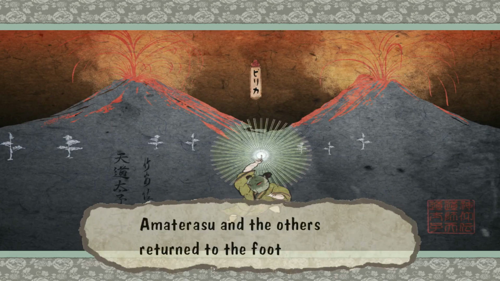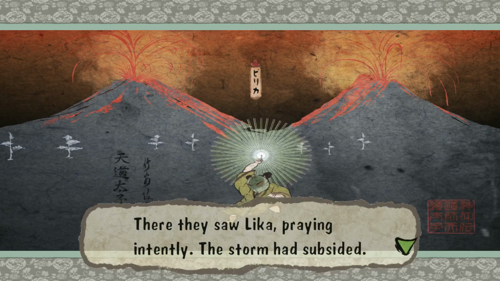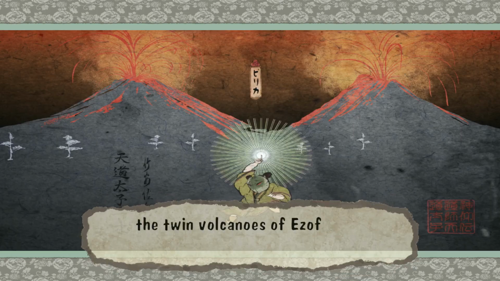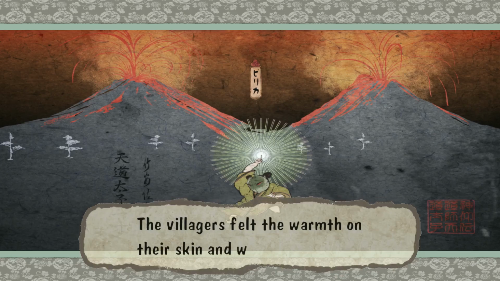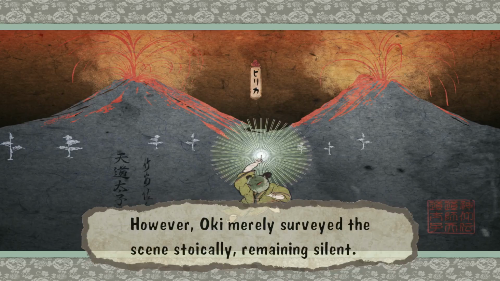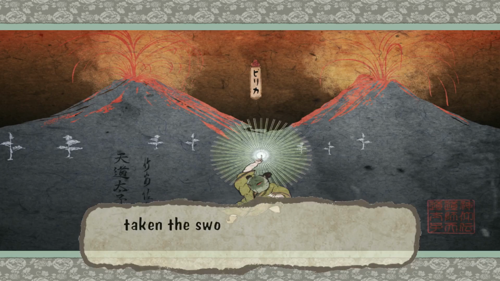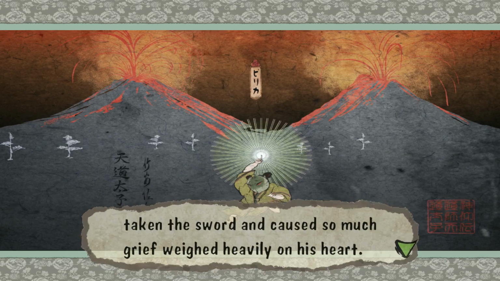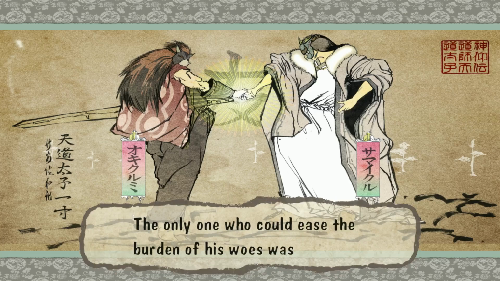Amaterasu and the others returned to the foot of Izufuji. There they saw Lika, preparing and praying intently. The storm had subsided. Then, as if to celebrate their hard-won victory, the twin volcanoes of Izufuji erupted in great pillars of flame. The villagers felt the warmth on their skin and wept tears of joy. However, Oki merely surveyed the scene stoically, remaining silent. Although the evil demons had been driven away, the thought of having taken the sword and caused so much grief weighed heavily on his heart. The only one who could ease the burden of his woes was Samiko,